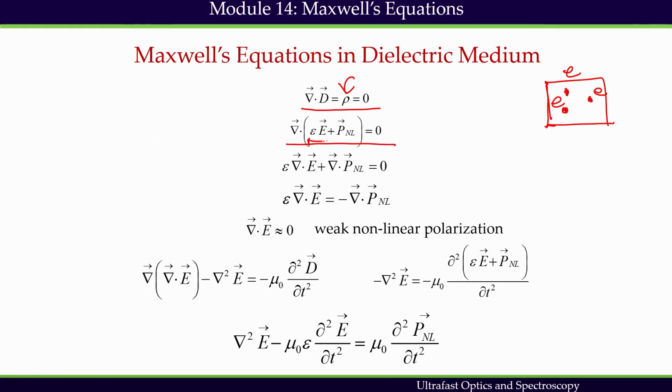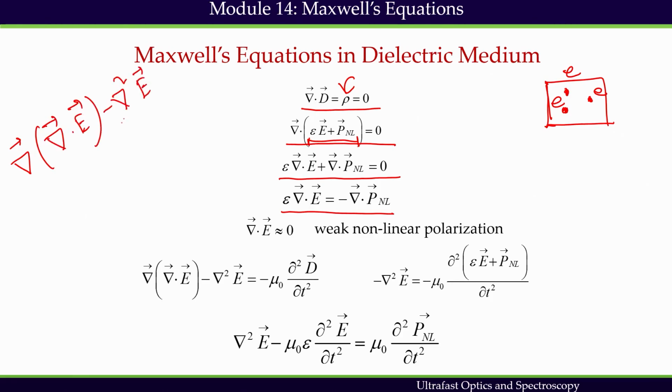This is nothing but the expression for D, the electric flux density, which includes the vacuum contribution and the nonlinear polarization contribution. This is simplified to this equation, and finally I can write this equation. Now the question is, in the equation we have already got after the triple product, we remind ourselves that this is the equation we have got, minus the curl of the curl of E equals mu naught